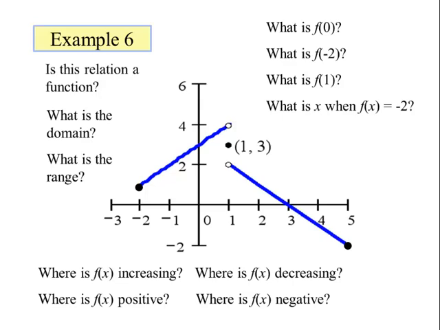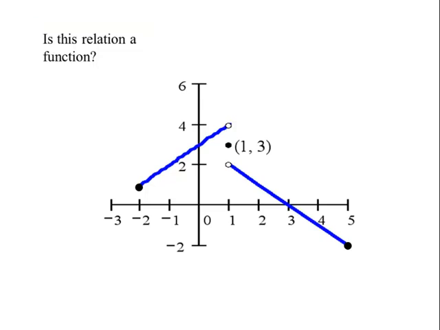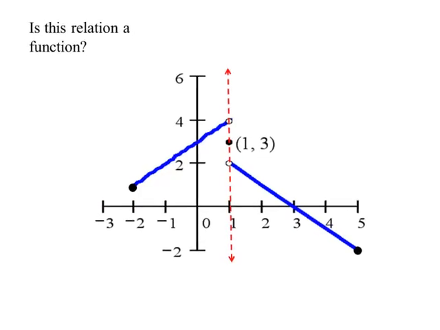Example 6, we'll answer each of these series of questions. This is your first example of what's called a piecewise function. It's where you have different functions that are pieced together. So the first question is, is this relation a function? The answer is yes. There's only one tricky part here,